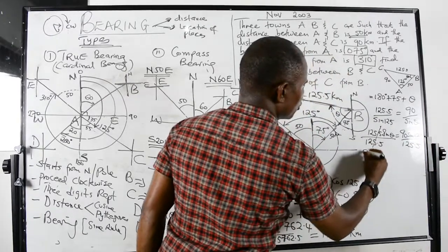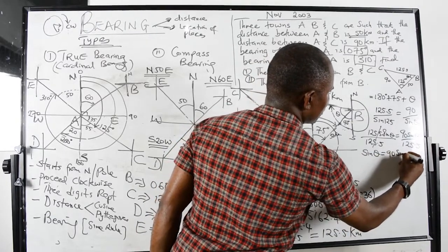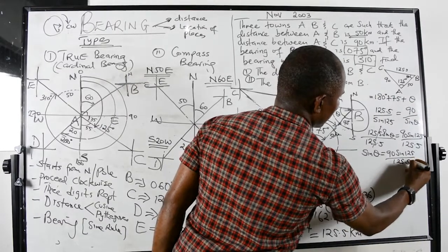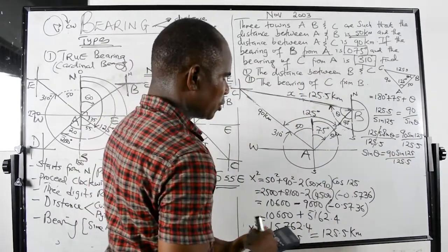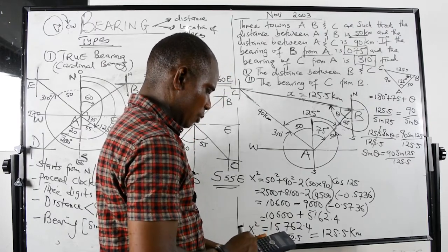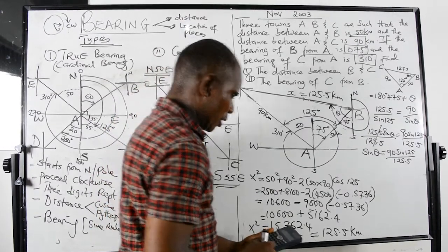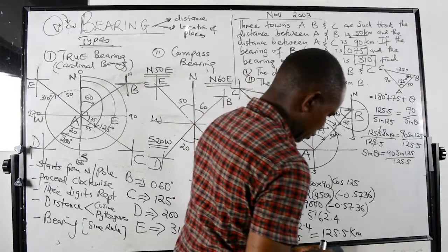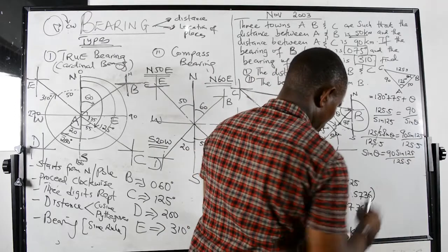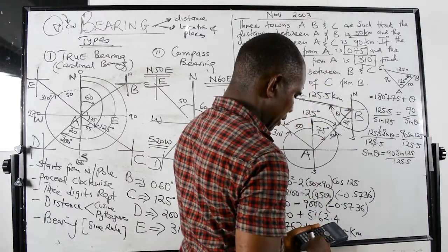So this guy will go. So I have sine theta is equal to 90 sine 125 all divided by 125.5. So you can punch that into your calculator. This is 90 sine 125, which is equal to, so you have, no, this is 73. Because of space, I'll just punch everything inside. This one gives you 73.27, then divided by